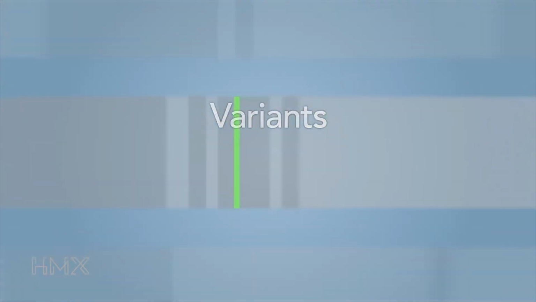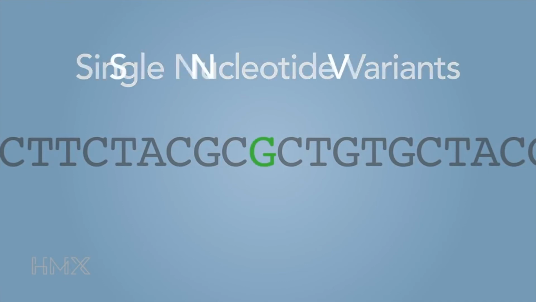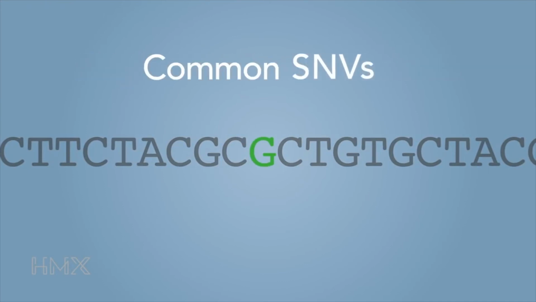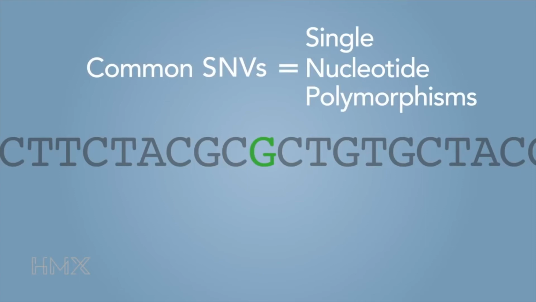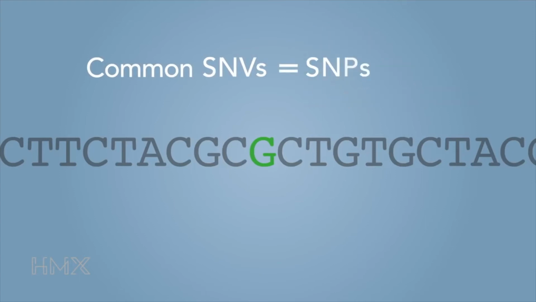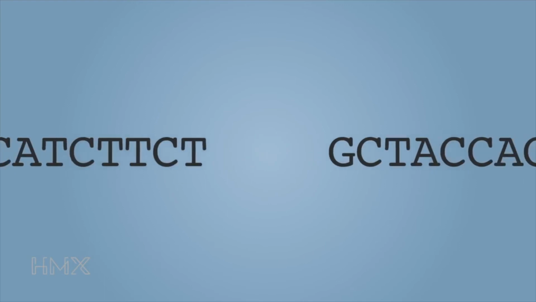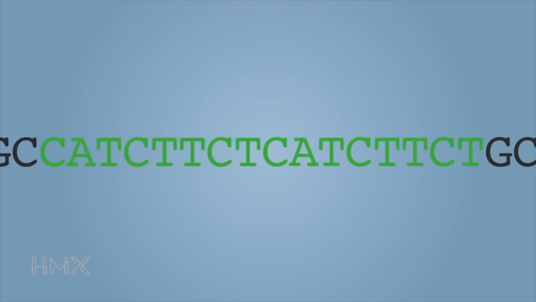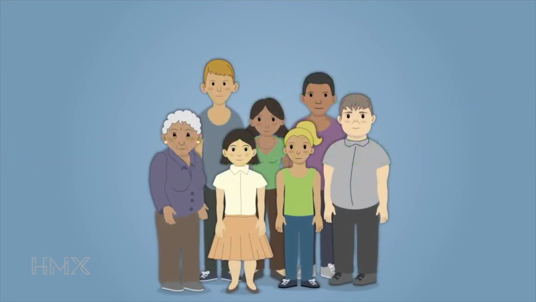Differences in DNA sequence are called variants, and those affecting a single position are called single nucleotide variants, or SNVs. Common SNVs that occur in more than 1% of a population are called single nucleotide polymorphisms, or SNPs. SNPs, along with larger scale sequence changes like deletions, duplications, and rearrangements, create all the richness of human genetic diversity